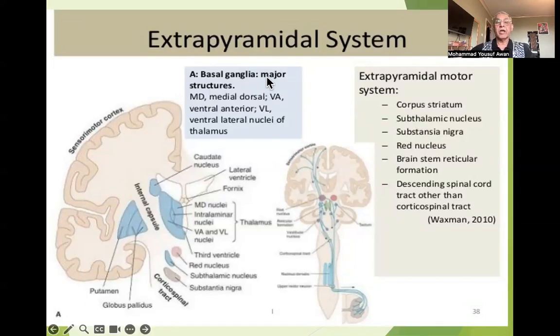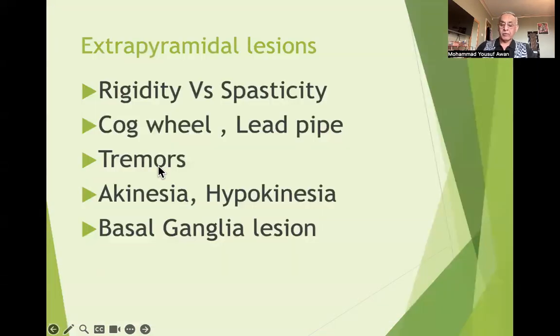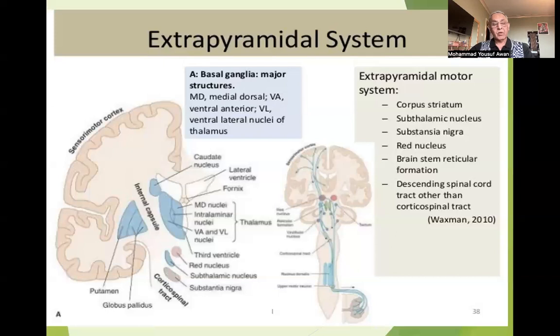The spot is the basal ganglia. So the basal ganglia is the part around the lateral ventricle. The location is around the lateral ventricle, and the basal ganglia comprises the putamen, the globus pallidus, caudate nucleus, and substantia nigra. So these nuclei are called basal ganglia, and fibers from the periphery come to this system, and they send